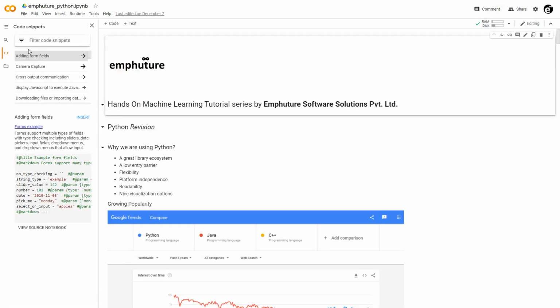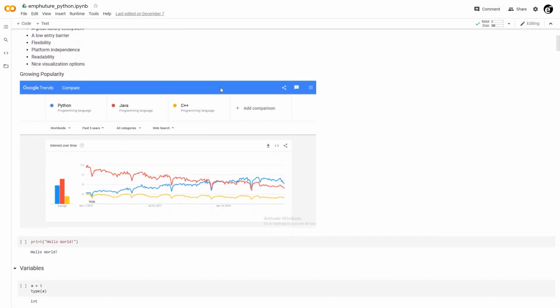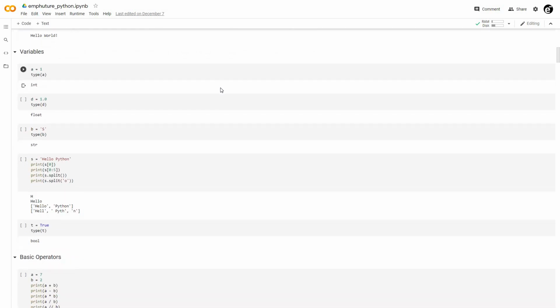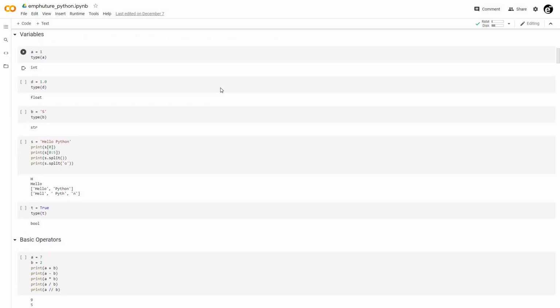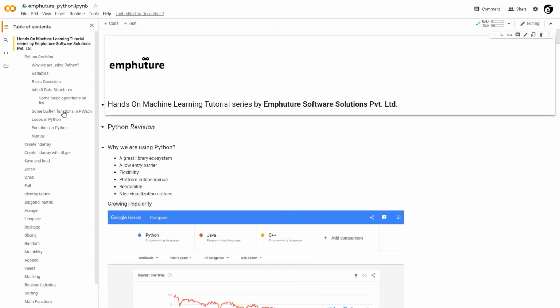Here we have some code snippets given by the Colab team. And here we have our file manager. If you want to use any file in this notebook, you can directly drag and drop it here and it will be uploaded. Also, you can mount your Google Drive from here, from this icon. Now here we have some very basic Python stuff, guys. You can go ahead and revise your Python concepts. And we will start from the built-in functions from here.